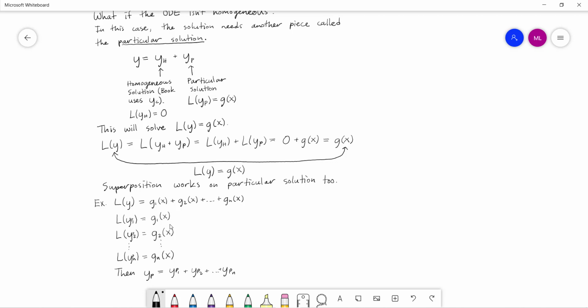Big idea number two, if we're trying to find the solution to a homogeneous equation, the solution to the homogeneous equation will be made up of n linearly independent solutions that form what we call the fundamental set. If we have an nth order differential equation, again, we're looking for n separate pieces that are going to make up the homogeneous solution. And the last thing is if we have a non-homogeneous equation, so there is a g of x term on the right-hand side, then the most general solution will be made up of the sum of